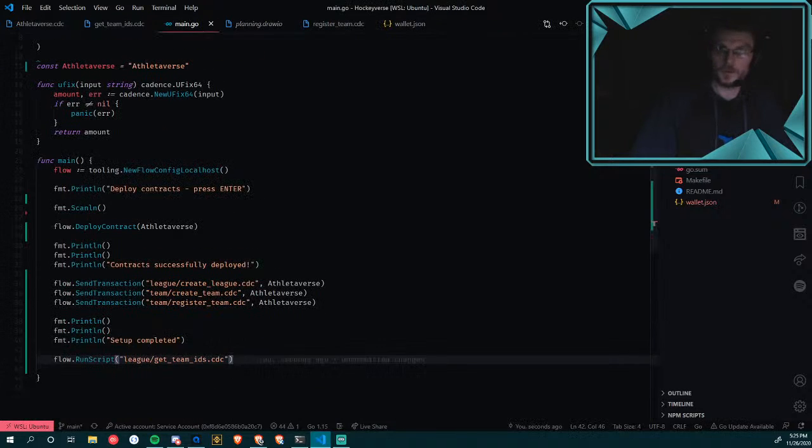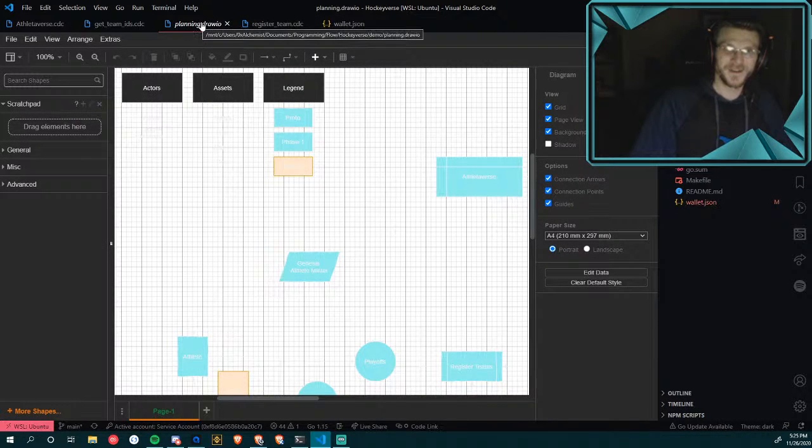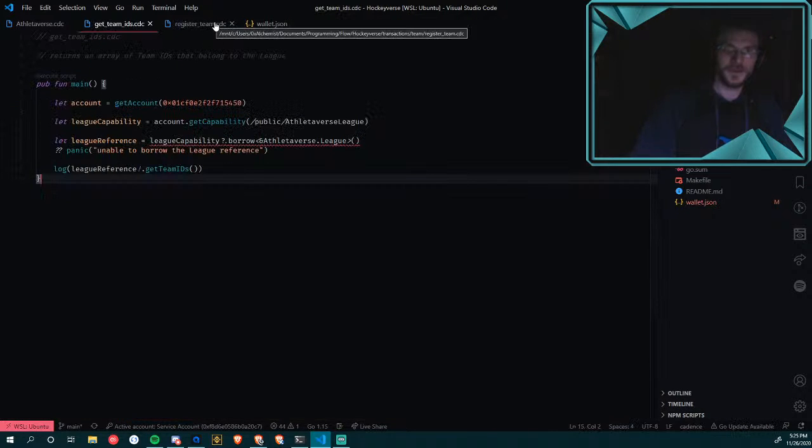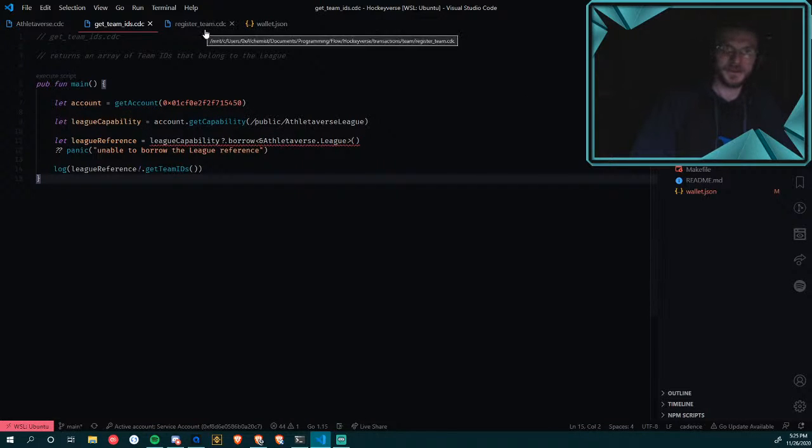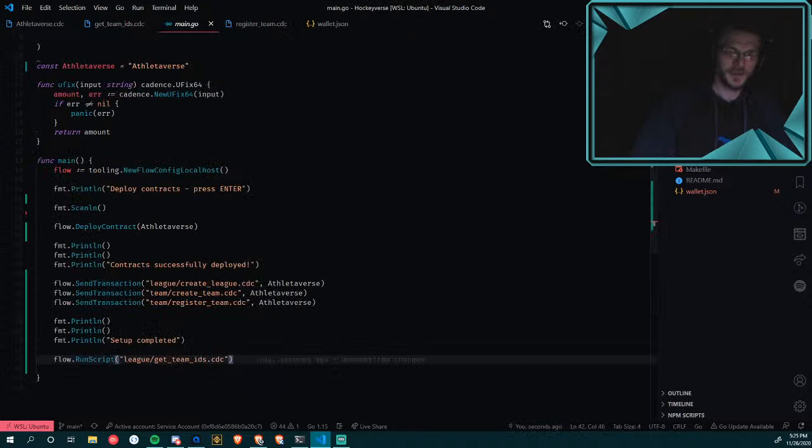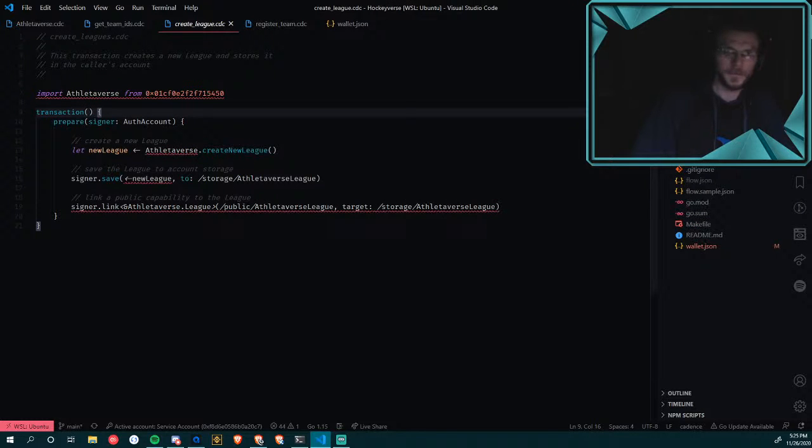I don't know what's going on with my Go. Ugh. It's like every time I save that Go file, it's creating some sort of weird loop where I have to back out of the file and come back in to make sure it was saved. That's all good. So I'm almost positive when we run this right now, we're gonna run into some issues because there was something sticking out on one of these transactions that didn't seem quite right.